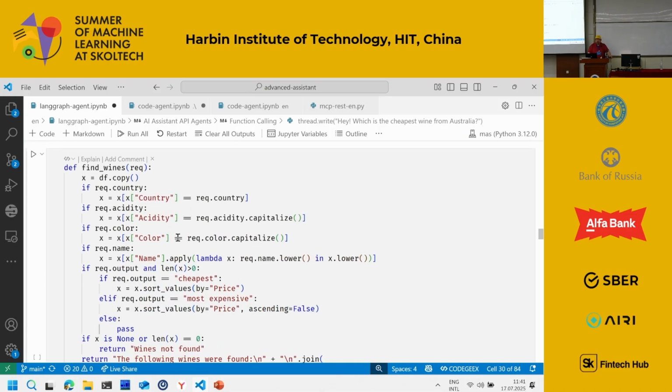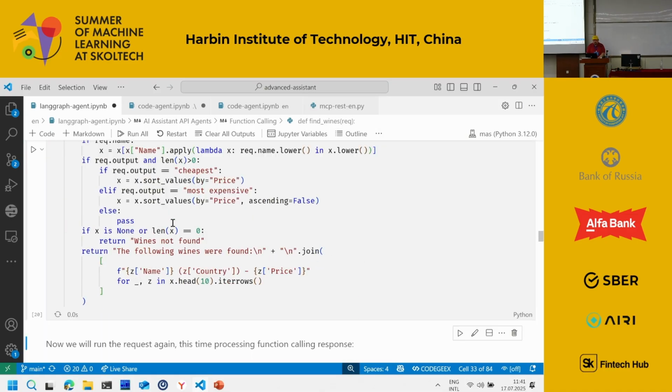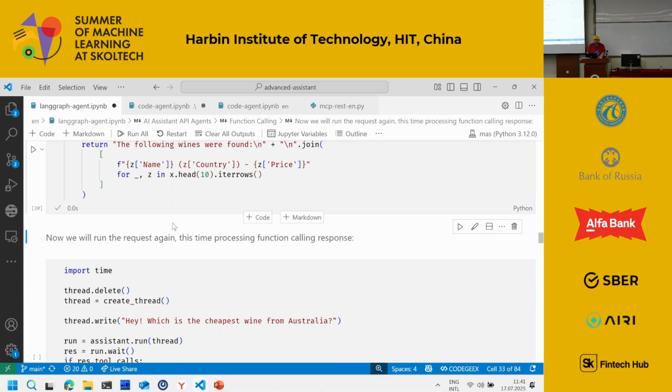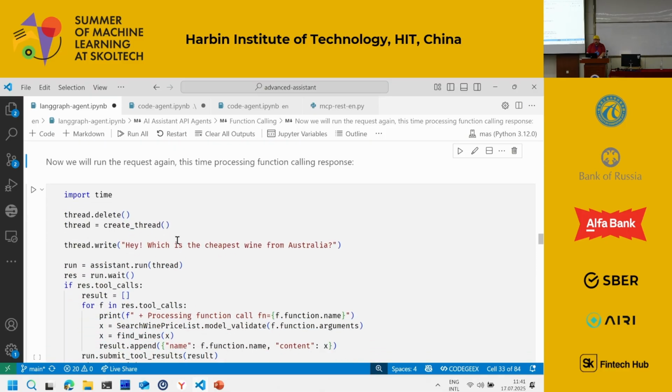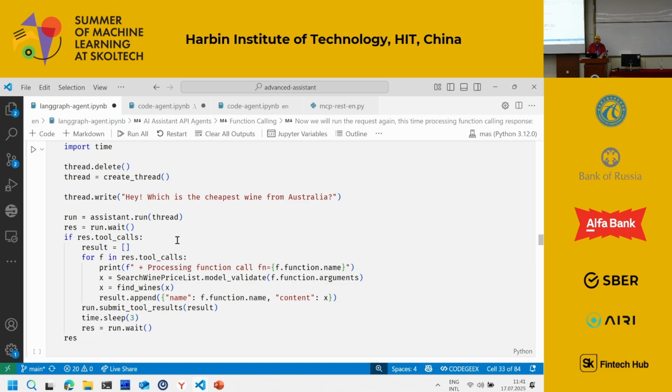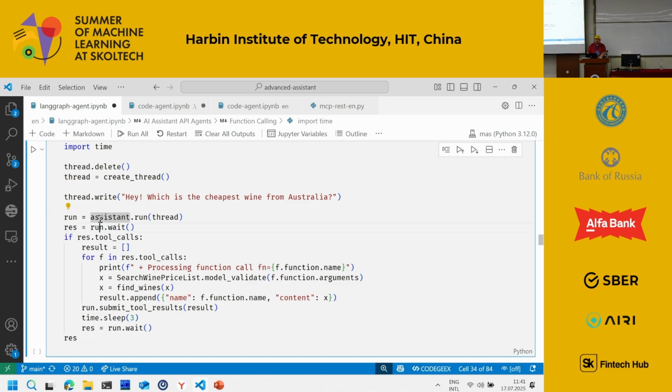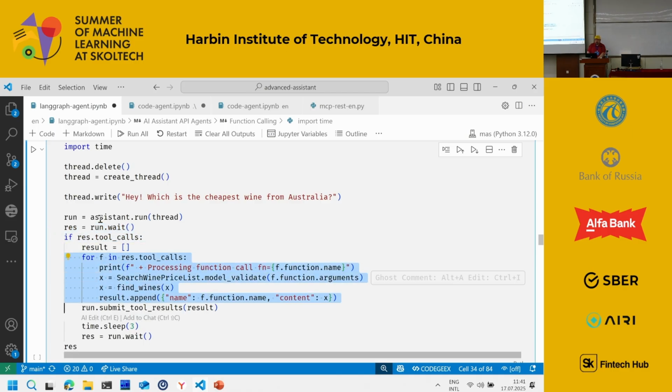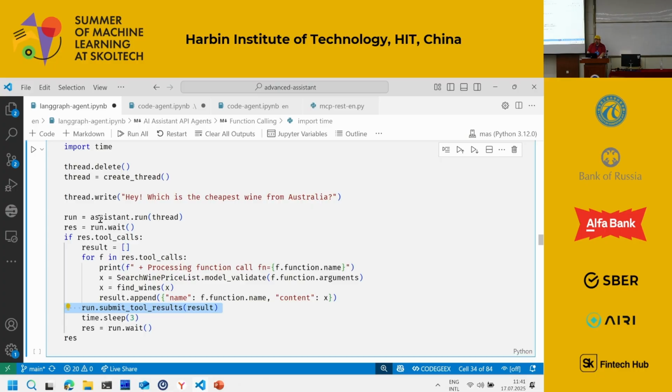So I will write a function find wines, which will find the wine in the price list. And here I would handle the assistant run in the following manner. I first run the assistant. If it requires function calls, I do function calling, and I submit the result of the processing.